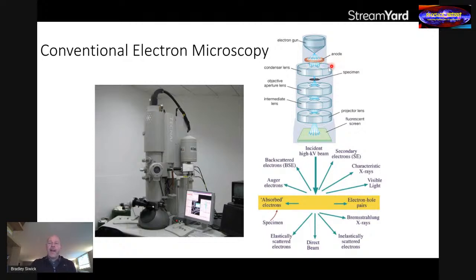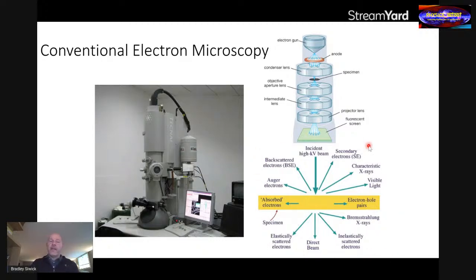And you have lenses that allow you to focus the electron beam and re-image the scattered electrons onto a detector. In modern conventional electron microscopes, you can make atomic resolution images of the specimens that you see. You can literally see atoms and their relative positions in materials. But you can also, through a whole variety of different